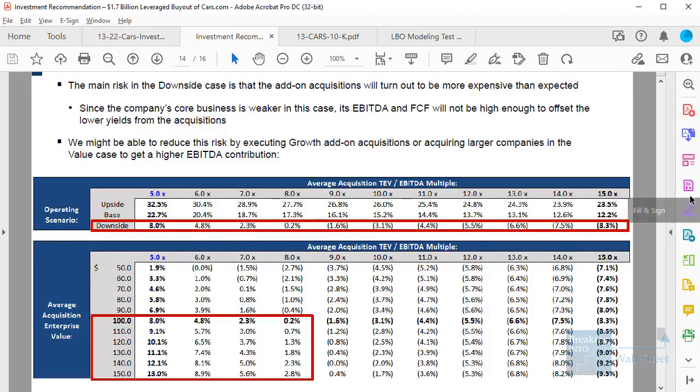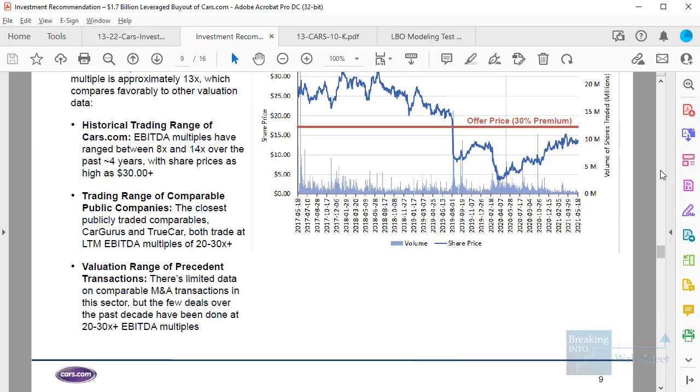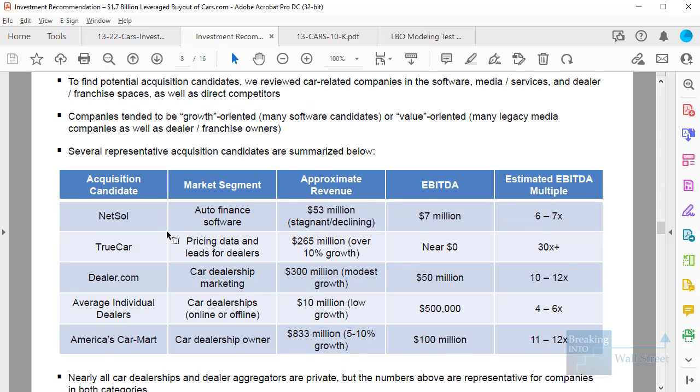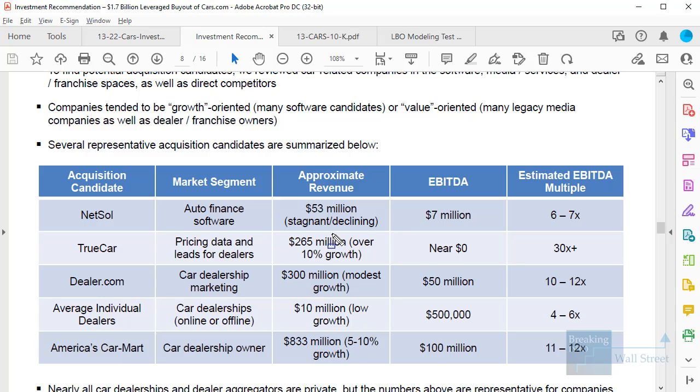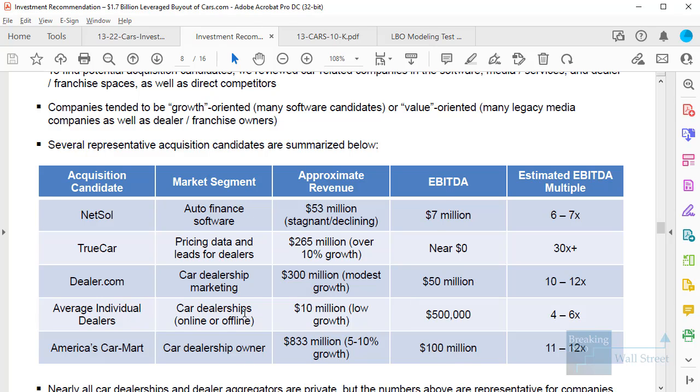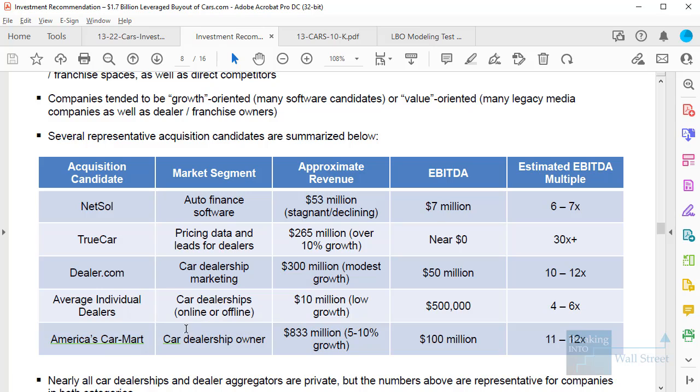For example, let's just go back to the page with the add-on acquisitions and I'll show you what I'm referring to. We do list some representative acquisition candidates here, but most of these companies are much smaller than what we proposed in the model. So an average individual car dealer, if you go in and acquire these for 5 or 10 million each, you're going to need to acquire a lot of individual dealers to actually spend 100 million on acquisitions each year. Something like America's Car Mart might potentially be interesting, but you're probably looking at spending $1 billion